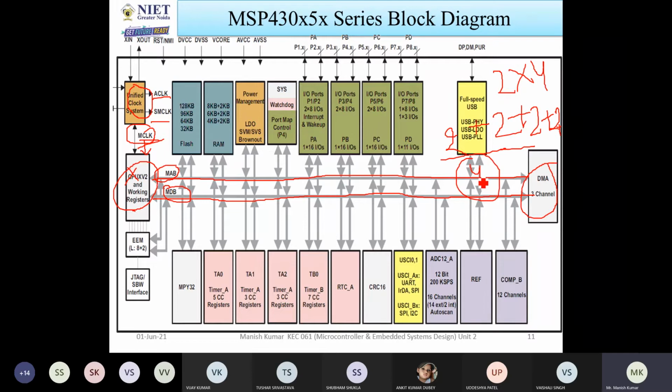This 4 has been stored somewhere else. Then you can add 4 plus 2, which is 6. This 6 will be stored somewhere. Again 6 plus 2, 8. I need only the result 8, but intermediate results like 4 and 6 will happen. So this data will be stored in the register itself.